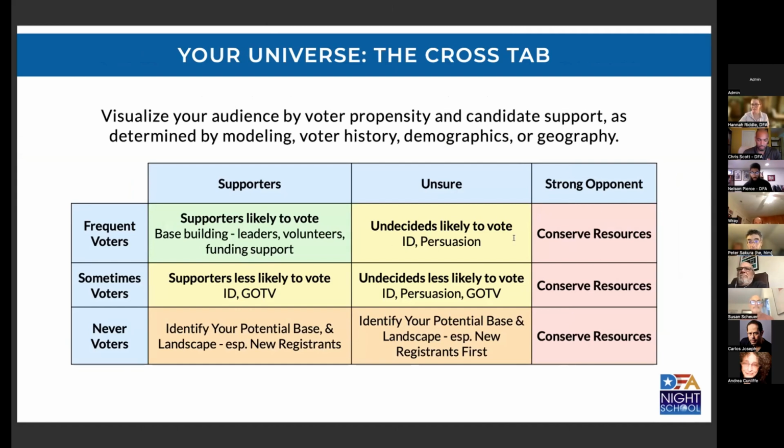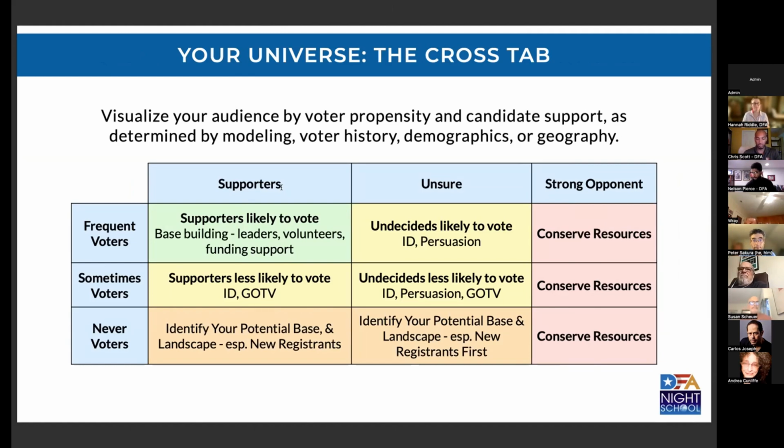So you can see this supporters and frequent voters base. Those people are going to vote, and they're probably going to vote for you. They probably need a touch from you. They probably need just a reminder that there's an election, a reminder that you are the candidate for the party that they're voting for. But they are also going to be the place where you're going to do the most